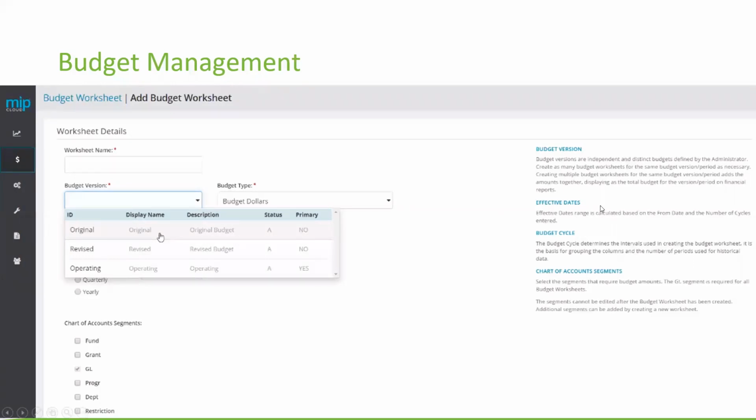And to help me along the way, there's a key. And this key is not just exclusive to budget management, but you'll see keys throughout the entire application. And again, this really helps promote the learning of the application, especially for new users. But it also helps with just becoming more and more efficient.